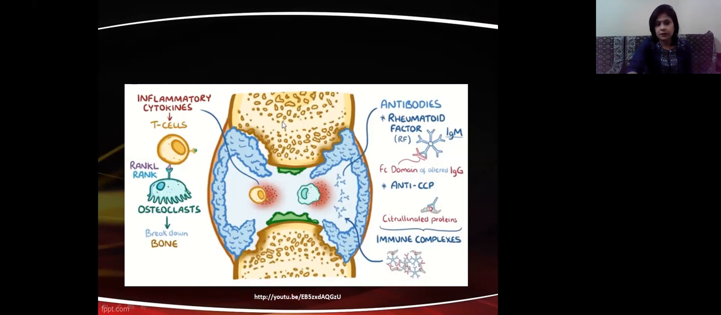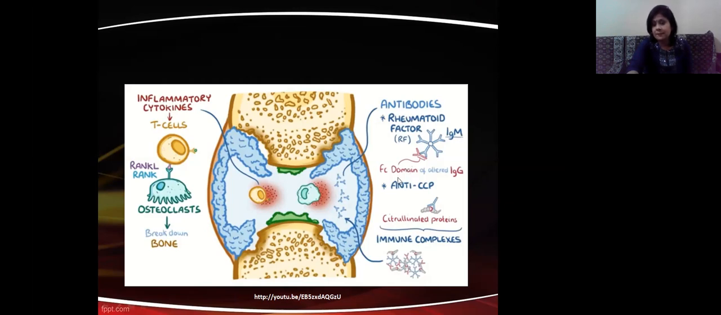Now, we have seen the T cells, both the pathophysiology and the changes that occur in the joint due to the arrival of T cells into the joint space. Now we'll see about the autoantibodies. After reaching this joint space, these autoantibodies bind with their targets, like rheumatoid factor, which is an IgM antibody